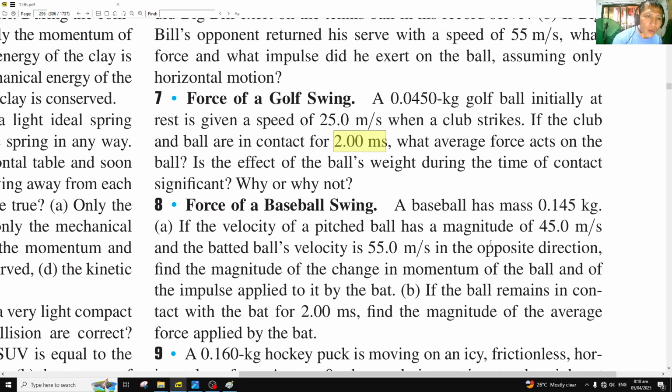What average force acts on the ball? Is the effect of the ball's weight during the time of contact significant? Why or why not? Is the effect with respect to the average force? The ball's weight,